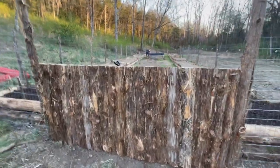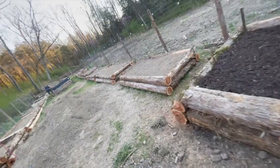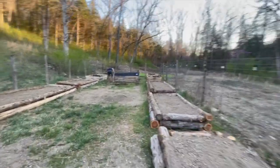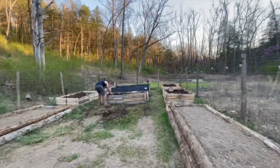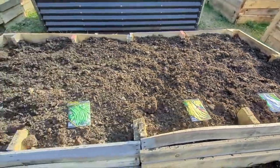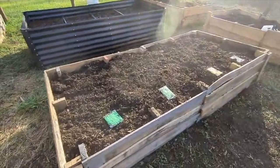But here is what our garden is looking like before we tackle it today. And so what we're doing today is we are finally getting to the planting stage, and we're starting to plant our beautiful seeds that we germinated ourselves up in our spare room that we're calling our greenhouse. That's all we've got for now. We don't have an official greenhouse, so we're using our spare bedroom, and it's working out just fine for us this year